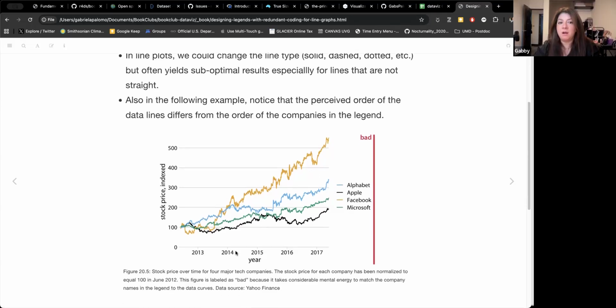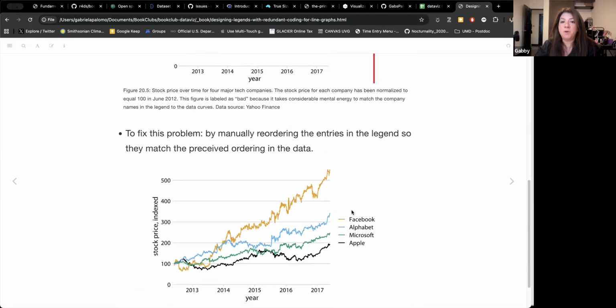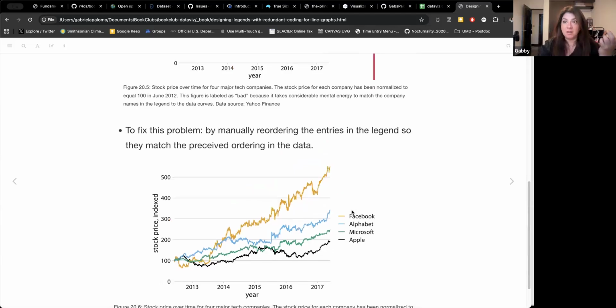In this case, what we have here are stock prices of four major tech companies across 5 years. We have year on the x-axis and stock price on the y-axis. Each color represents a different tech company, right? A different stock. So to fix this problem, instead of relying